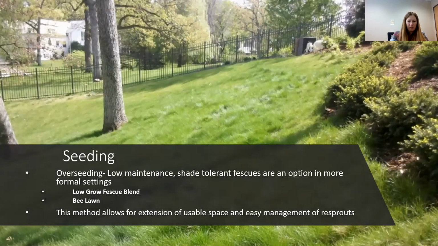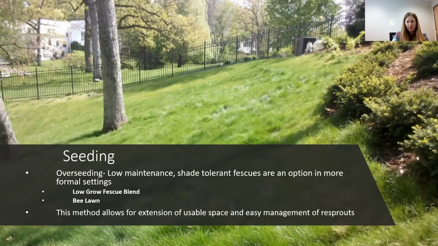Another option for revegetation, besides revegetating with a native cover, which is primarily what I'm going to talk about in just a few minutes, is seeding with a low maintenance fescue blend. And this is something that people do to expand maybe their usable yard space, or just as an extension of woodland, like an open woodland understory.